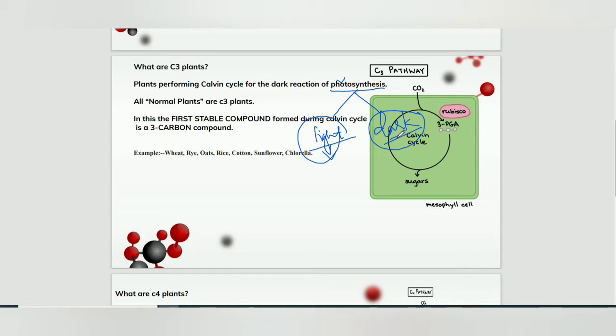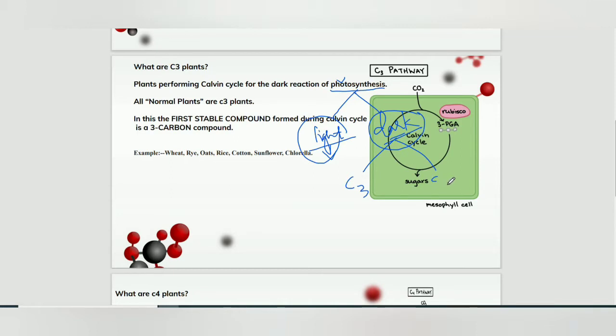In the reaction cycle, there are different steps, and different molecules are formed at different steps, and based on that the dark cycle is divided into C3 cycle and C4 cycle. The dark reaction phase cycle is called the Calvin cycle, and in the Calvin cycle, based on the type of stable compound produced, how many carbons the stable compound has, it is divided into C3 cycle and C4 cycle.